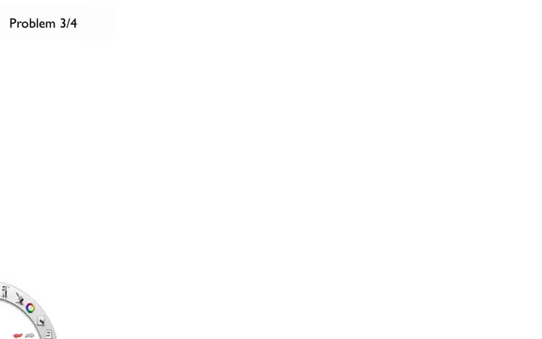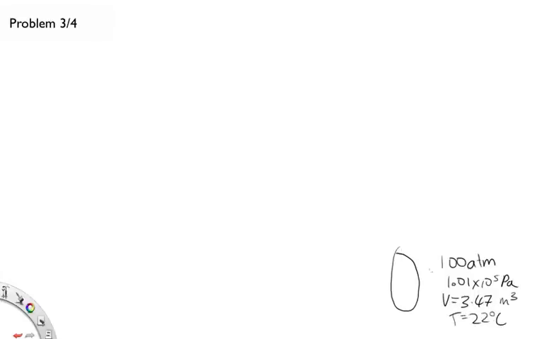In this problem we have a weather balloon. Initially it's down on the ground and it has a pressure of 1.00 atmospheres, which is 1.01 times 10 to the 5 pascals. Its volume down here is equal to 3.47 meters cubed, and its temperature is equal to 22 degrees C. It then rises up into the atmosphere where it expands. It's now at a pressure of